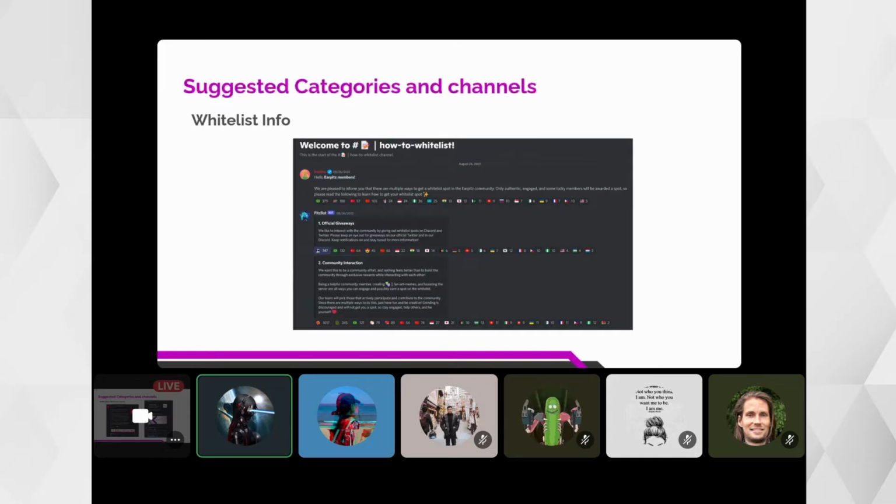Some do engagement farming, but it's really good if members are rewarded simply for contributing in their own ways, rather than resorting to strict requirements like you need to get level 5, level 10, etc. I think it's better if we put it this way: they can contribute in their own unique ways, and we acknowledge them by giving them the whitelist.